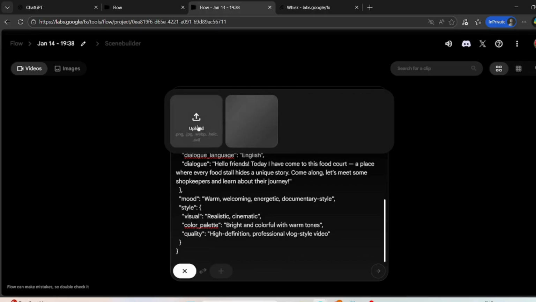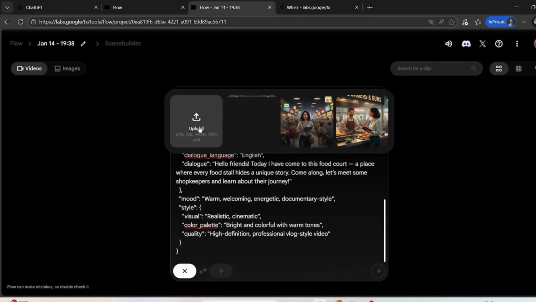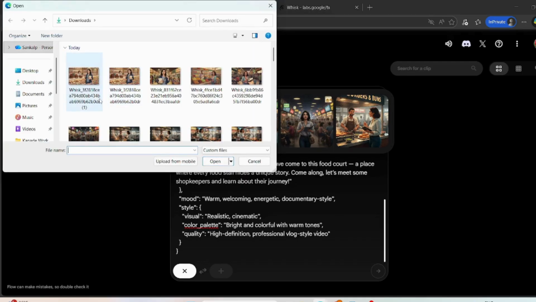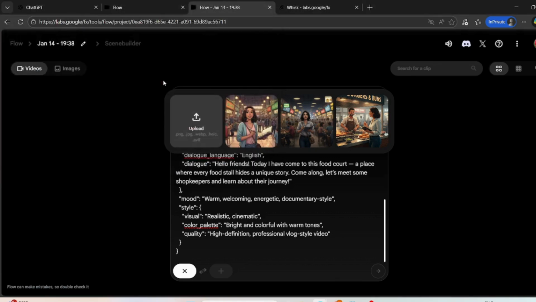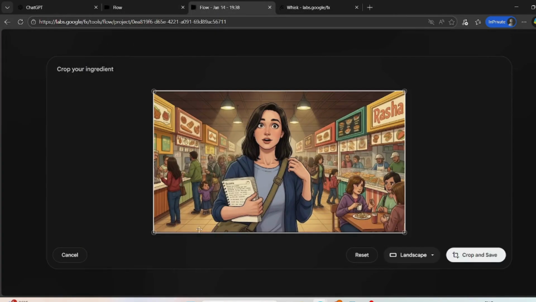So I will go while uploading the image. These are already made assignments over there. This is the one which I downloaded most recently. So I'll take this, and I'll check for the landscape, what kind of image size and video size I wanted, whether it's a portrait or a landscape. But I'll go with the landscape only, so I'll keep it as it is. And I don't think I need to crop this